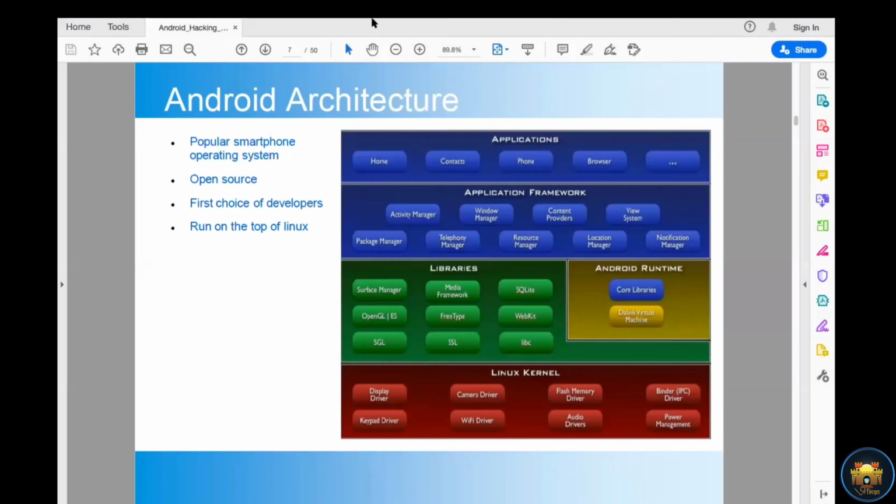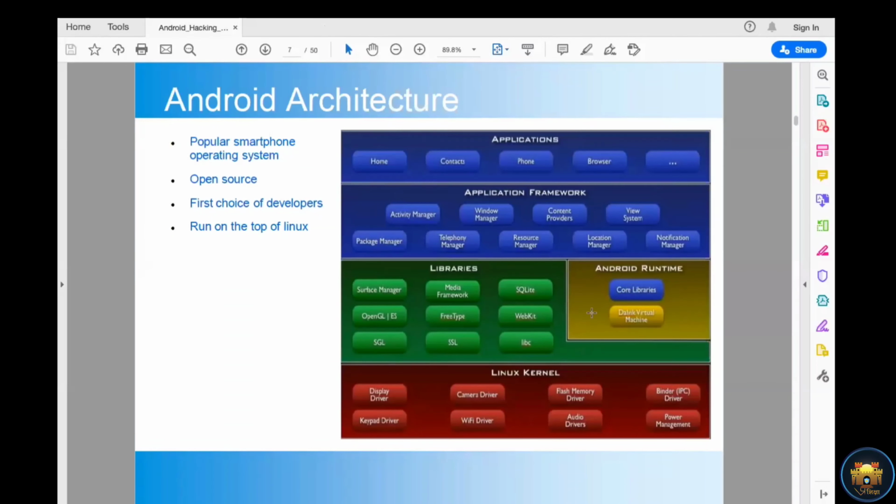So go to the second layer, the application framework layer. Here many modules are present. You can see the activity manager, notification manager, location manager. These are high level services which can be used by applications. And moving up to the application layer, here you can see there are many applications, pre-built applications and customized applications. You can see phone, browser. We can discuss all these things on later slides.